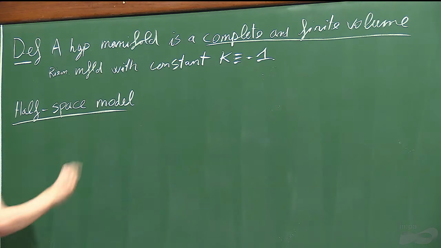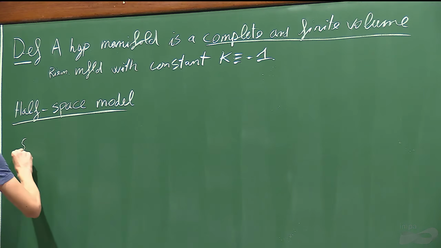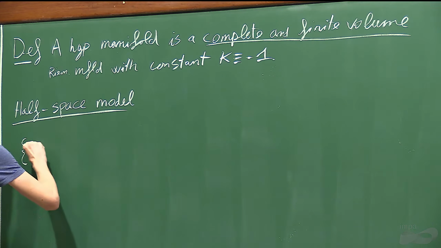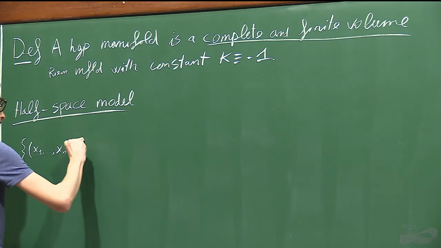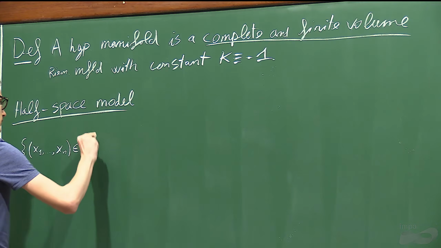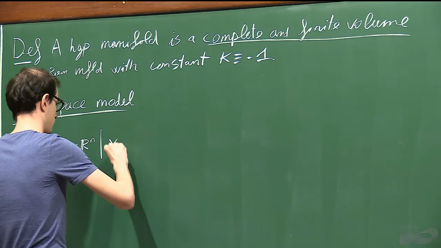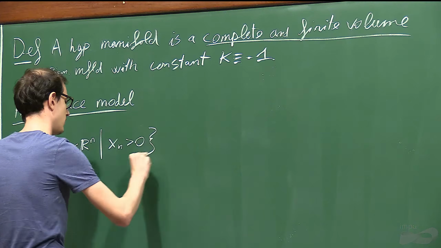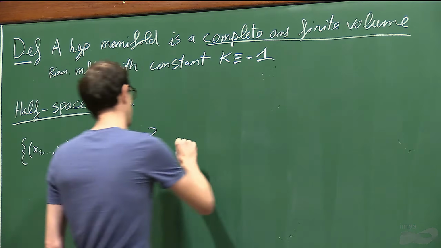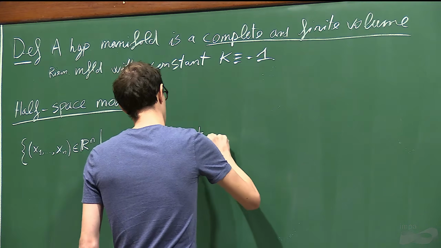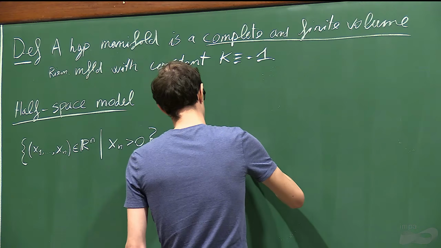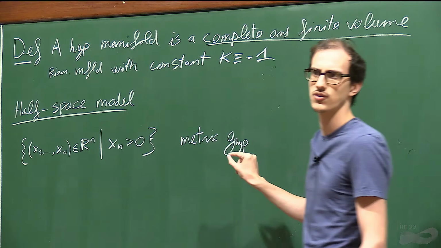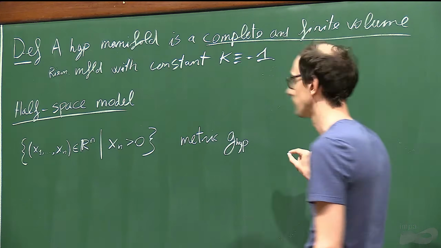So the half-space model of the hyperbolic space is simply we take the upper half-space of R^n, with x_n positive, and on it we put a metric tensor